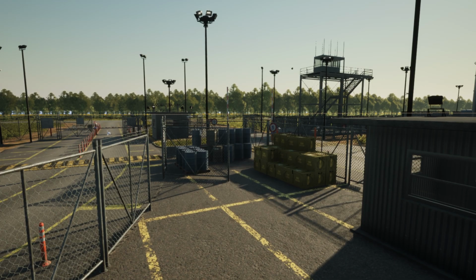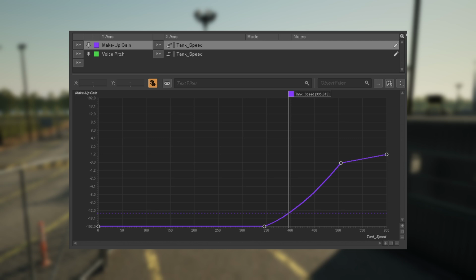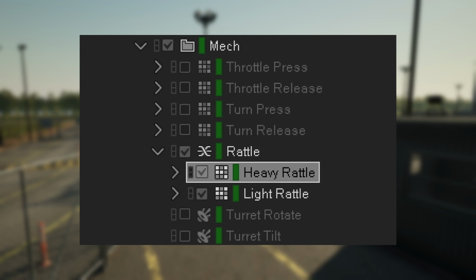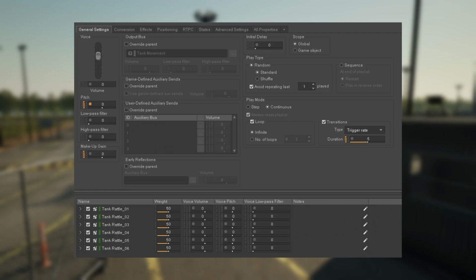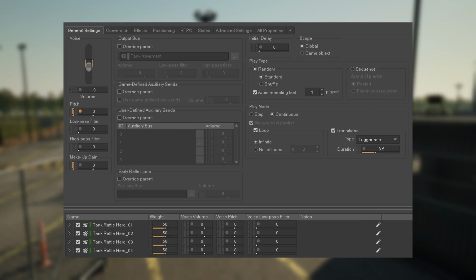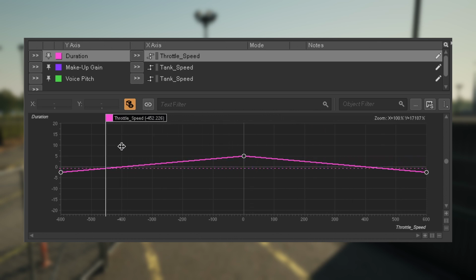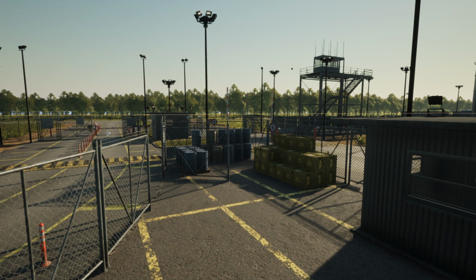These tank rattles follow a similar idea, with a fast and slow variation that gets switched out depending on the speed of the tank. But their playback is a bit different. They're both looped random containers with one-shot sounds of metal rattling that have their playback frequency increased by the speed of the tank. So when the tank is moving slowly, you get the occasional rattle, but when it speeds up,